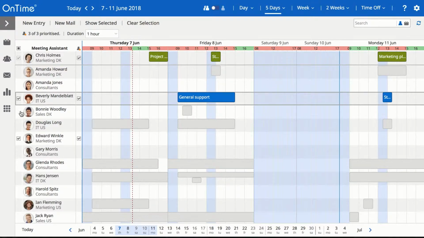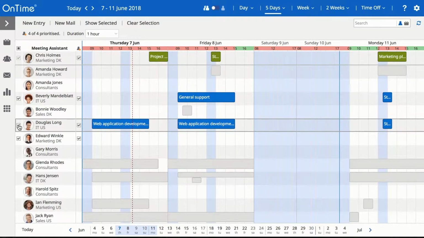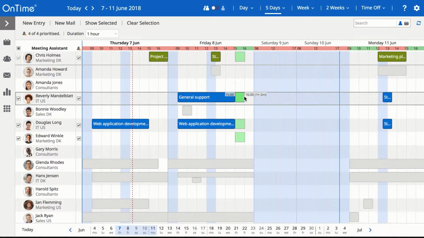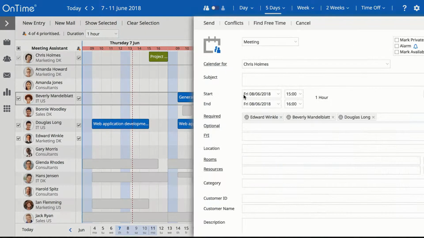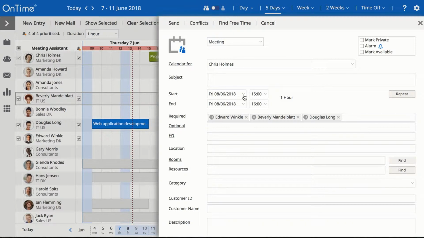Let's include Glenda and Beverly as well. You can now see that the suggestions have changed to fit into all of our schedules. I can drag in the calendar now, and if I create a conflict, it gets red. Otherwise, if it's fine, I just release that button and create a meeting. This meeting is 1 hour long because that's how long I dragged it, and I'm inviting the people who are